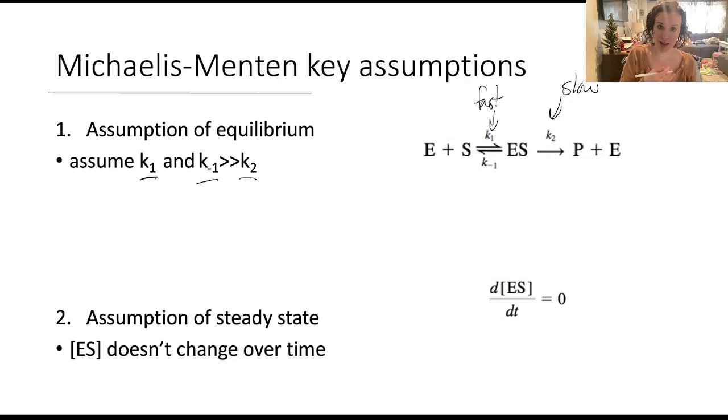Thinking back to that last slide, remember K2 is the rate limiting step, it must be slow. And when we assume equilibrium, we're assuming that K1 and K negative 1 are so fast that we've reached a state of equilibrium where the rates have equalized themselves,